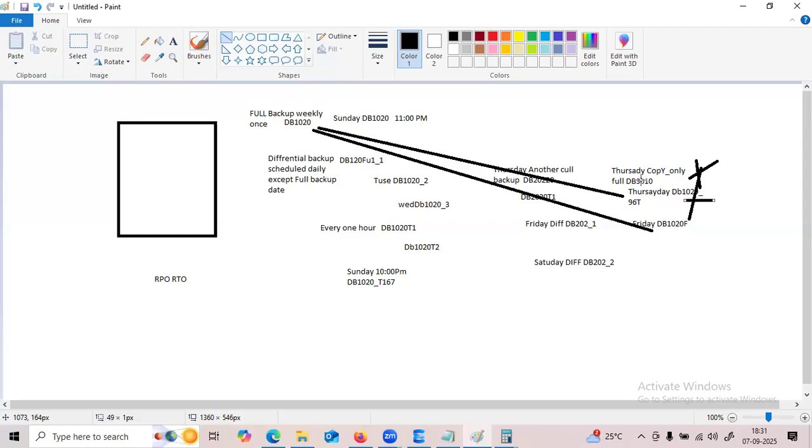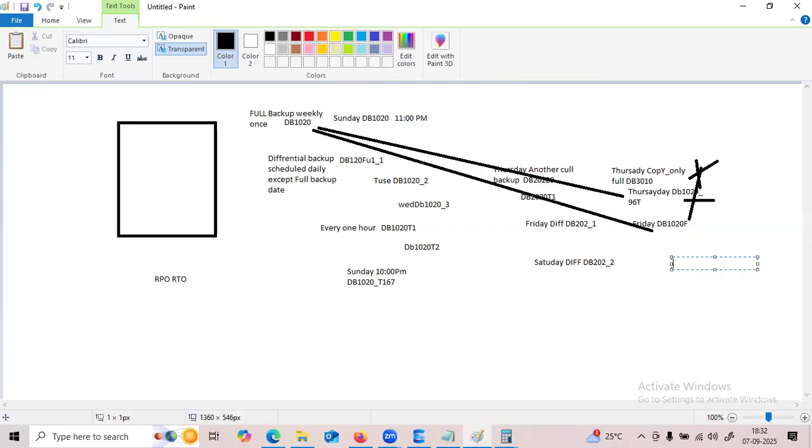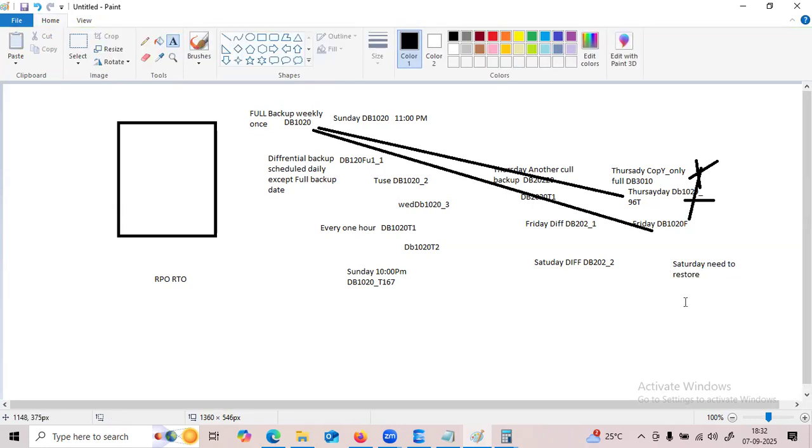Why? Because suppose the customer asks, I need to restore the data on Saturday. What do I need to do? I'm going to restore the latest full, that means I will take the Sunday full backup. Then I look for the Friday differential backup.